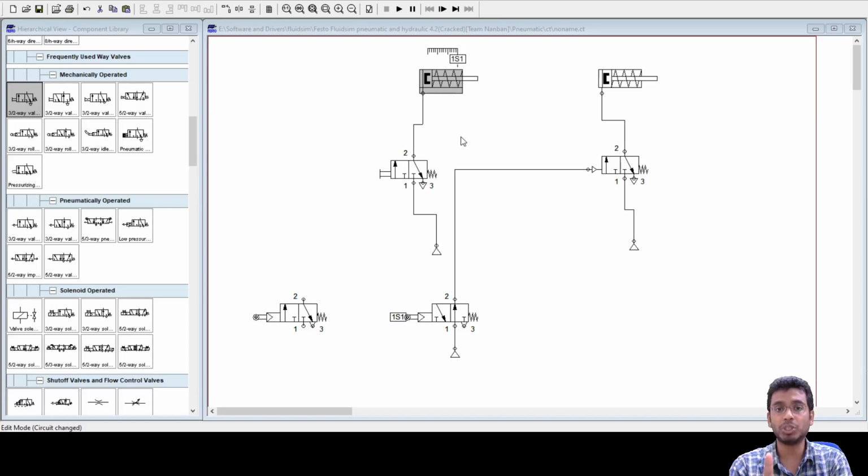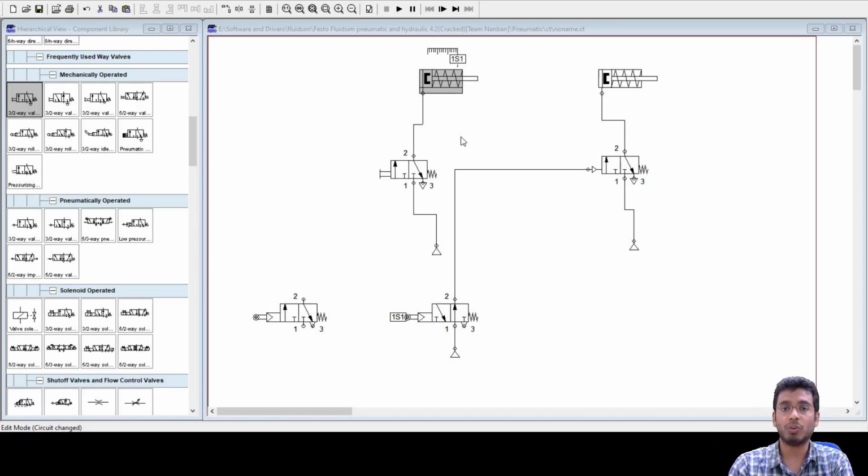Suppose you are detecting a point position, that means you want to detect only the extreme end of the cylinder, that is the completely retracted position. In that case, your begin position and your end position should both be set to 0 and 0. If you want to detect the completely extended position, then what should your begin and end point be in that case?